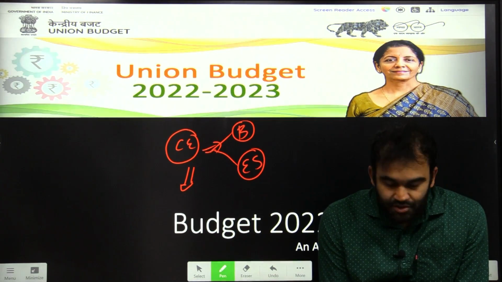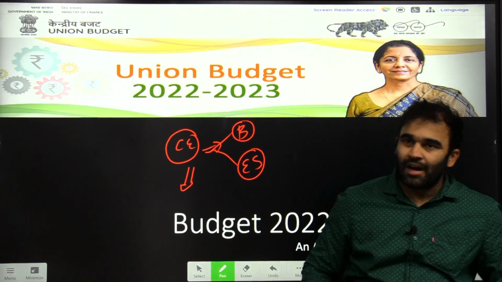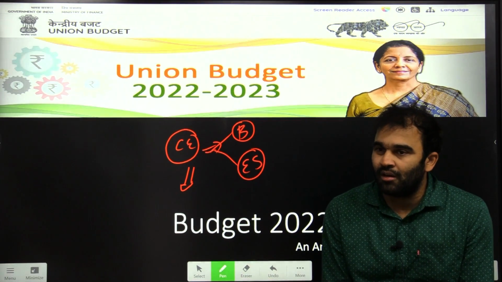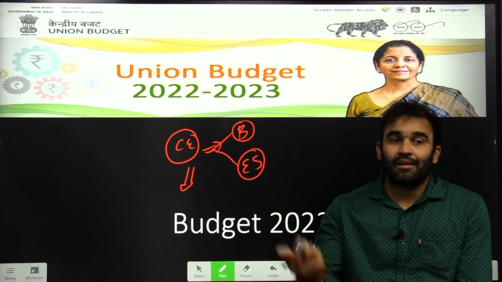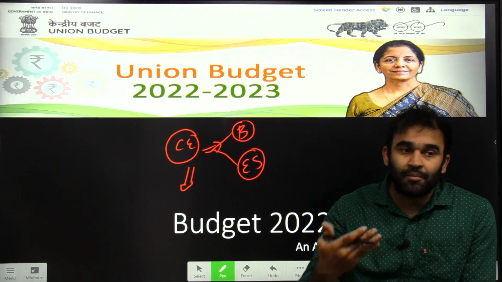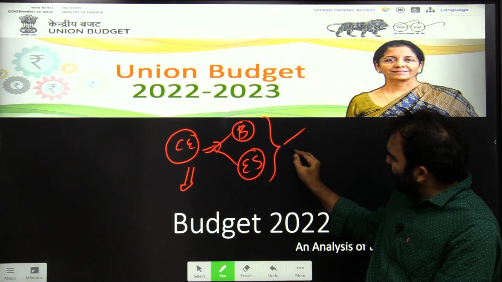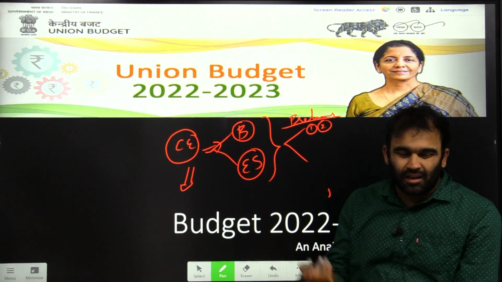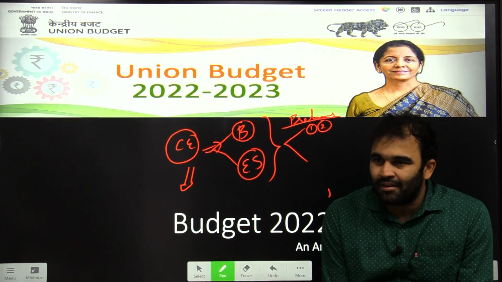There is no direct question when it comes to economic survey or the budget. You won't be asked what is the allocation for a particular scheme, or what did this department do in the budget, or what is the target that economic survey has given. Rather, the information that you are going to consume is going to be used in 2 ways. Yes, when it comes to prelims, there will be maybe around 2 questions. If you are lucky, you'll have 2 questions. But other than that, I don't see any other